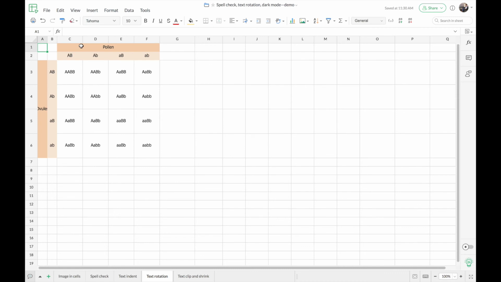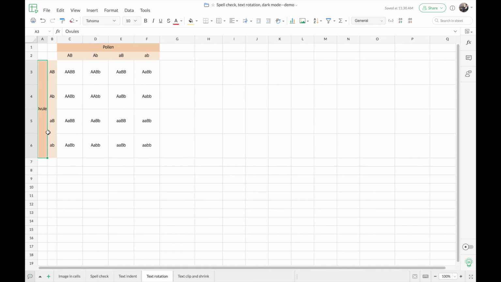In this worksheet, we have an example of Mendel's genetic inheritance table. By default, the text that you enter in a spreadsheet will be written or positioned horizontally. So here you can see that the term is not fully visible here. So in order to make it fully visible, I'll have to either increase the cell width or decrease the font size. But instead of doing that, I can also use the text rotation option in order to place or position this particular term vertically so that it can be legible.